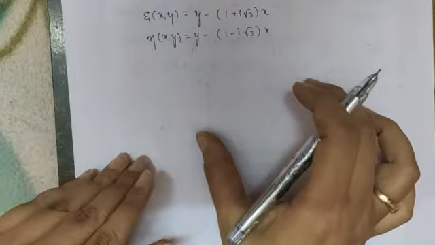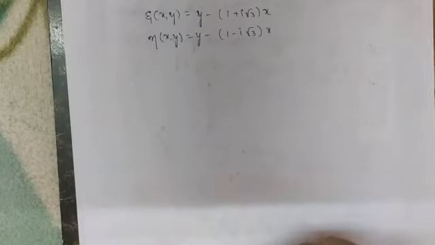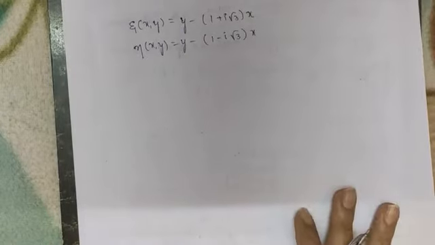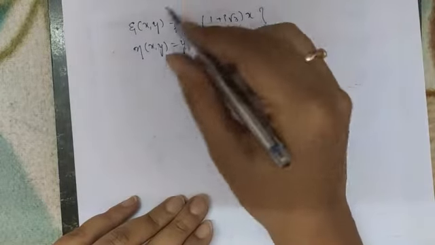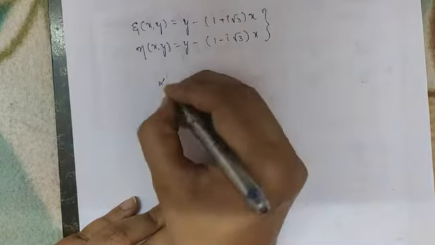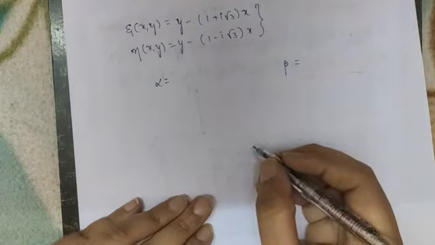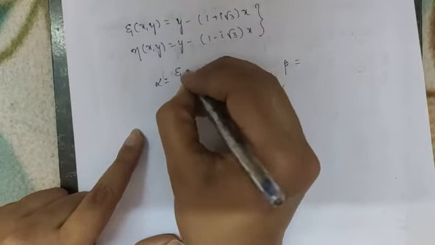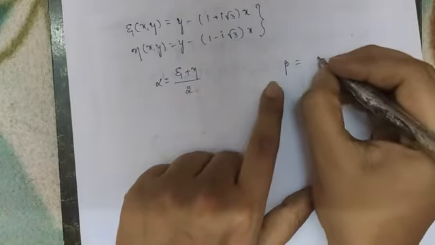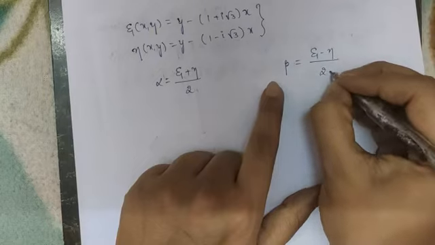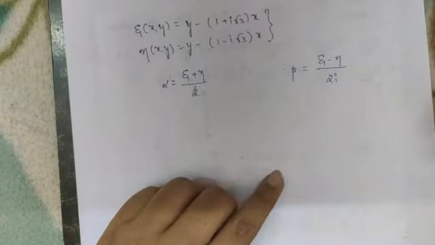Since the given partial differential equation is elliptic, now I have to find out the value of alpha and beta, right? These two are new coordinates. Using these two new coordinates, I have to find out the value of alpha and beta. We have a formula for finding alpha and beta. So in order to find alpha, I have xi plus eta by 2. And to find out beta, we have xi minus eta by 2i, right? Substitute the values of xi and eta here and simplify.